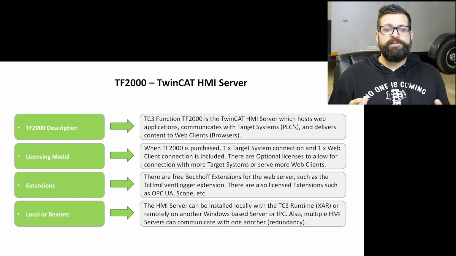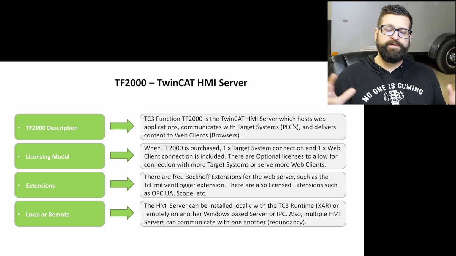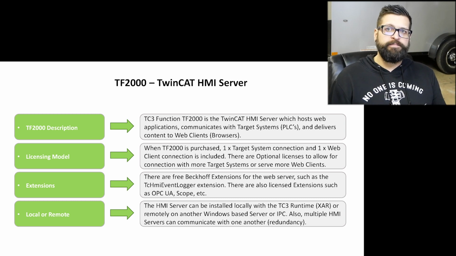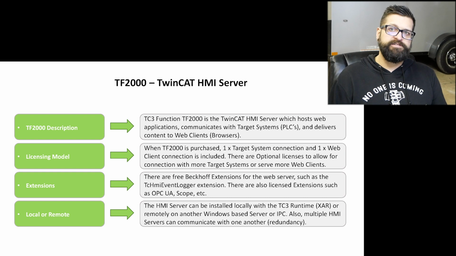However, if you're looking to get more of a distributed control system where you have a central HMI server that is talking to multiple clients plant-wide and you want to get an overall view of your plant, then you can look at those different licensing models to get the exact number of clients that you need and the exact number of target systems that you need. And this also opens up the idea of redundancy because